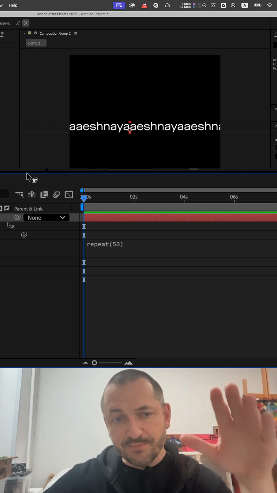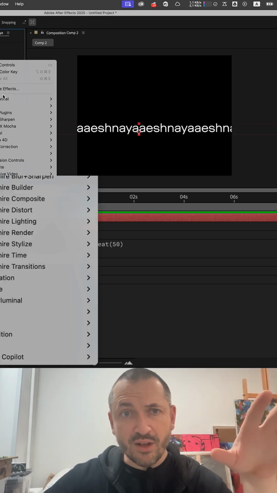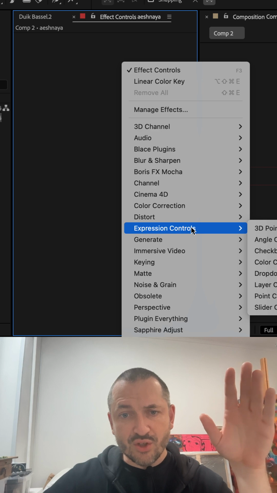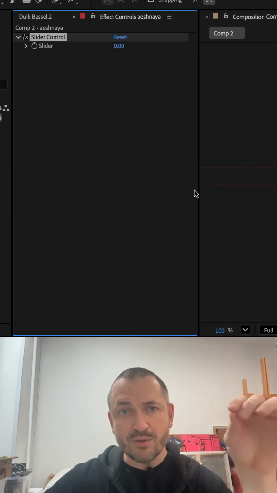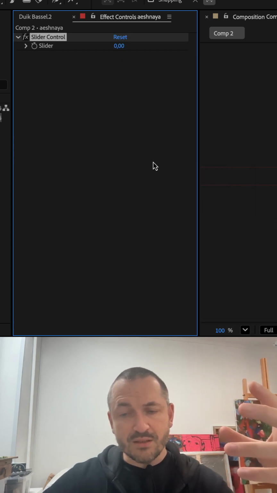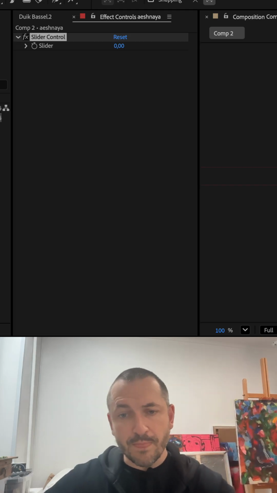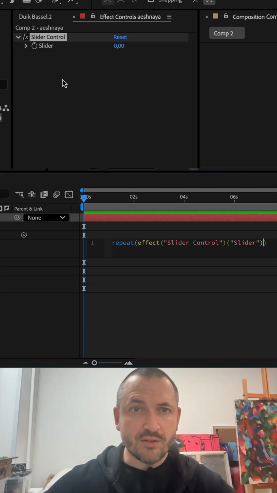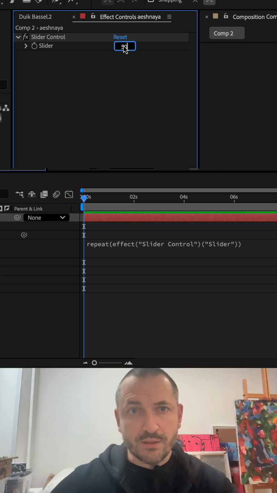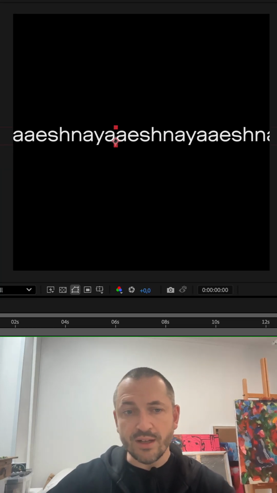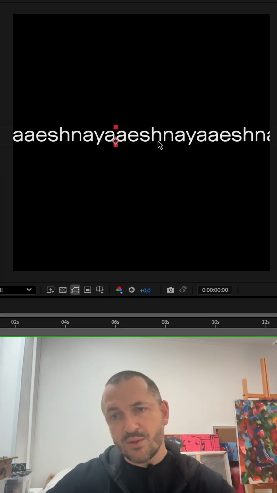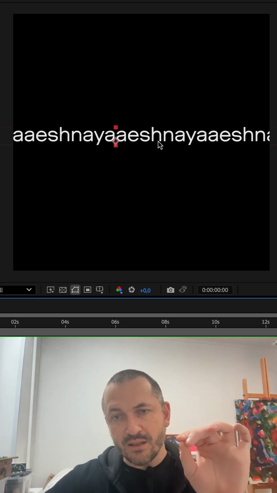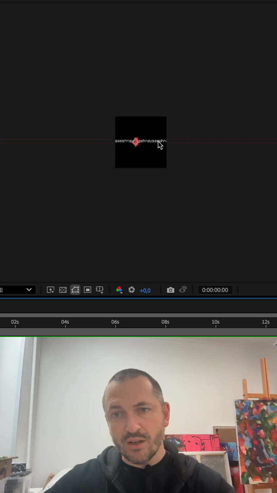Also, you can make a slider with which you will change the number of repetitions of your word. So we can do something like that, repeat and make a slider, 50.